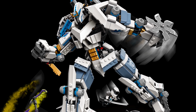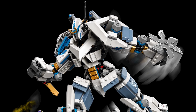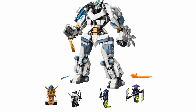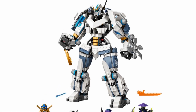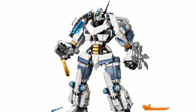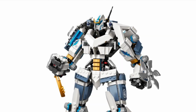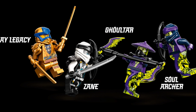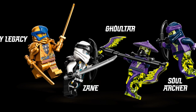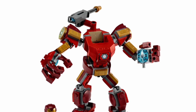Not because it's $10 or $20, like $60, that's a lot, but you're getting 800 pieces and 4 minifigures. Now, the minifigure selection is good, but you get 200 extra pieces than what you're supposed to get, as most of the time, this set would probably cost $80. I mean, it has 800 pieces, so it could have been $90, but they made it $60, and this set is really good. It has some really nice knee joints, so the knees move. I only know this because I watched Jangbrick's review and speed build, so shout out to Jangbricks,